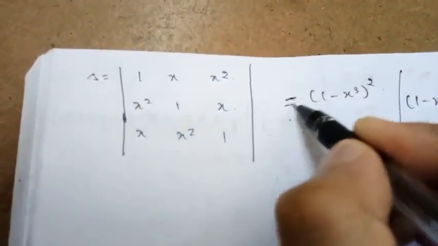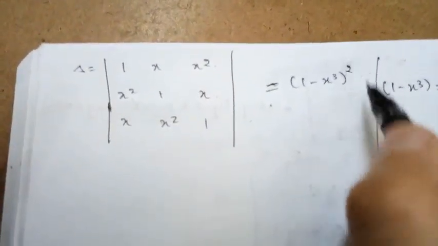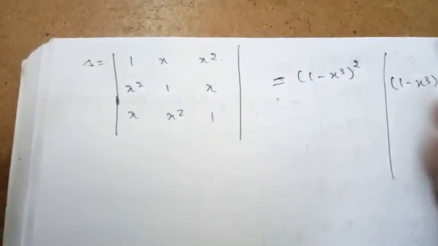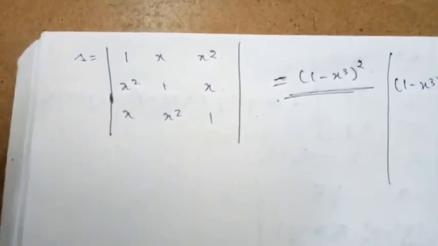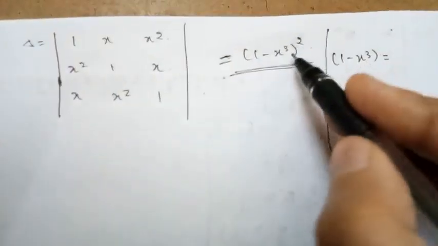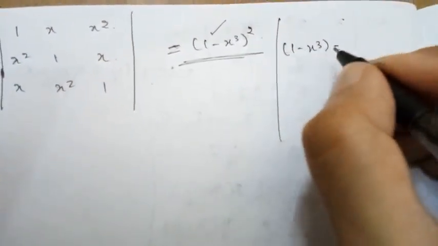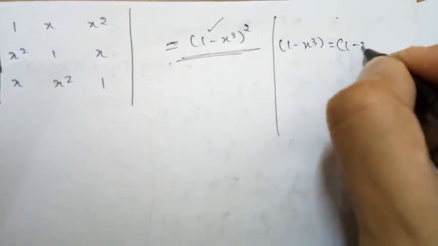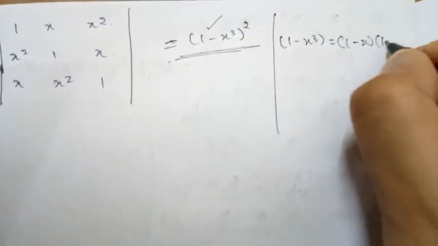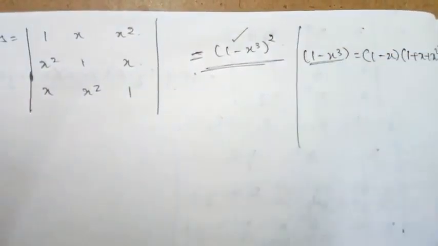So next is this question. We need to get the value of this determinant is equal to 1 minus x whole cube, 1 minus x cube whole square. So before going, as usual I said, we need to concentrate on the RHS and then look at which operation we need to apply. Before that, let us find the factors of this 1 minus x cube. As usual, it is in the form of a cube minus b cube. So the factors are nothing but 1 minus x into 1 plus x square. So this is the factor of 1 minus x whole cube.